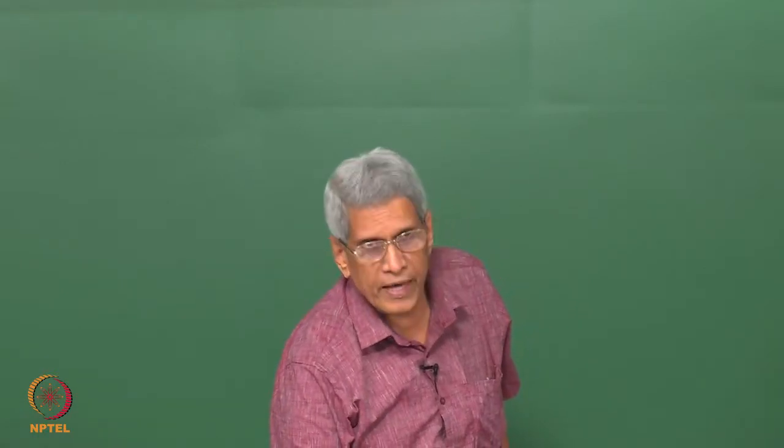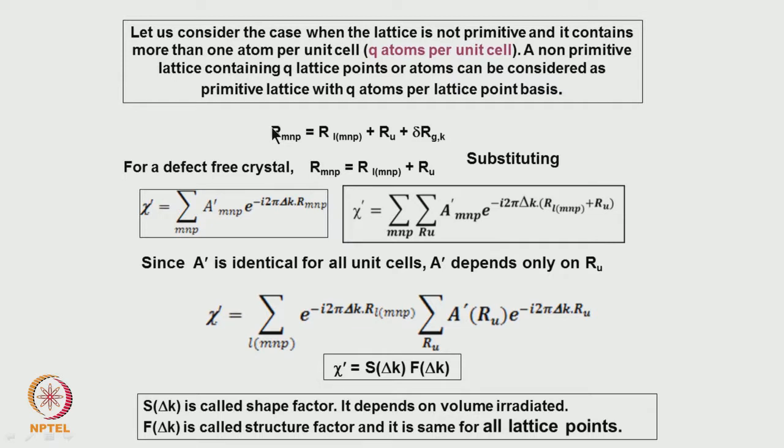So if we consider that, then we know that every atom position, that volume can be taken as one corresponding to a primitive unit cell, plus the one which corresponds to a non-primitive unit cell, that is as one cell, plus one which corresponds to the atom positions in the unit cell, plus this corresponds to a position where, if a defect is there, in the defect there is a slight displacement of the atom from that position. This is what it tells about the atom positions.